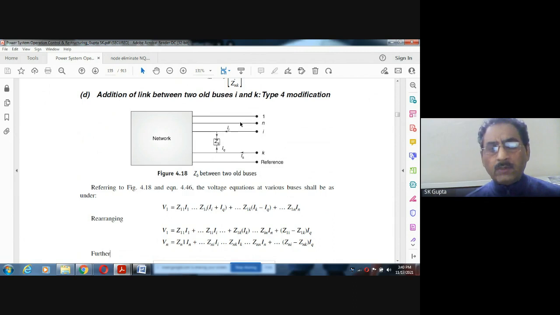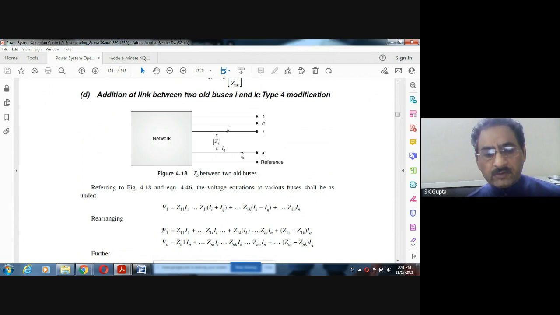So it means all the voltages V1, V2, V3, Vn will be modified in this way. In this equation, for V1, V2, Vn, wherever Ii comes, it becomes Ii plus Iq, and wherever Ik comes, it becomes Ik minus Iq. Now if this equation is written again in the previous form, then Iq is taken out from here and Iq from here. So there is Z1i Iq here and Z1k, so Z1i, Z1k and Iq. So this V1 is modified like this.